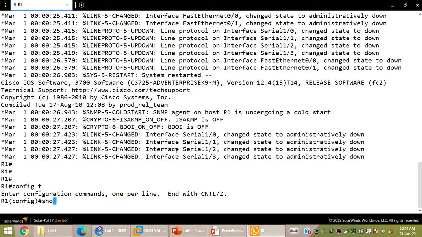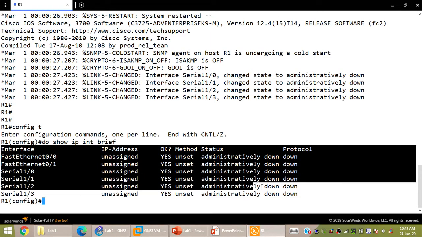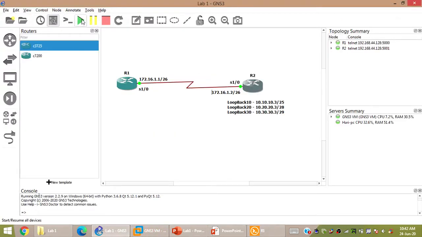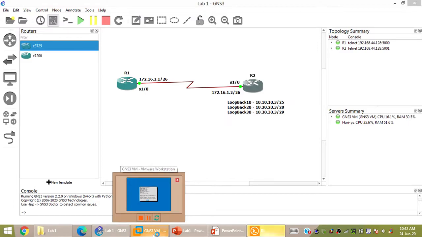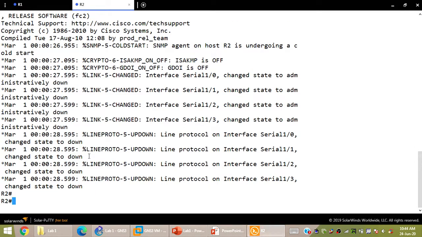I'm going into configuration mode and showing you the interface IP addresses. I'm typing do show ip interface brief as I'm in configuration mode. You can see there are no IP addresses assigned. This is the first time we are running, so no IP addresses are assigned. Wait a second, we are going to router 2 and it's also running now.